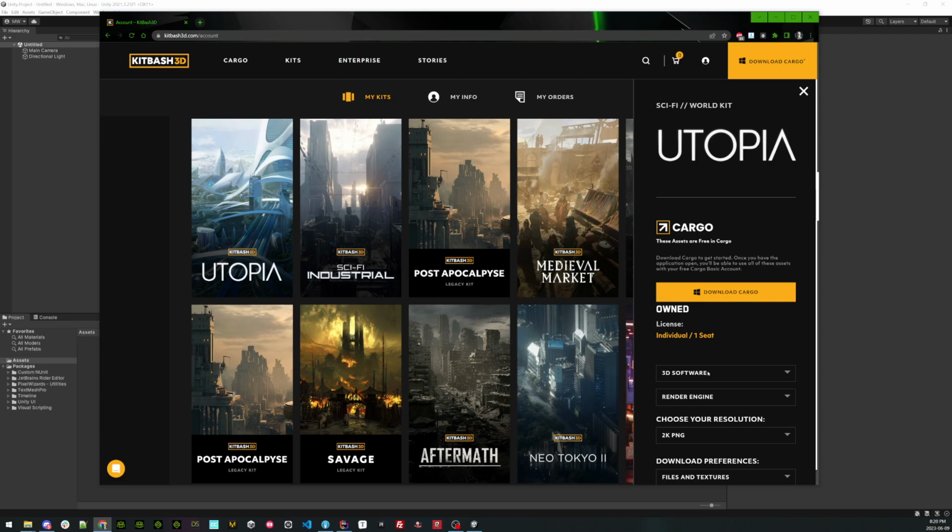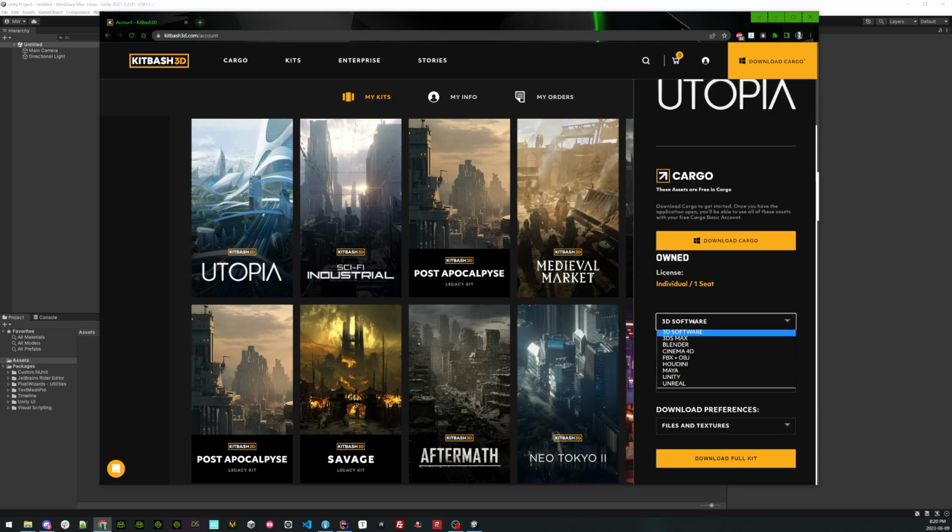So I have Utopia. And this user is using the built-in render pipeline, so I'll just grab Unity, built-in, whether it's 2K, 4K, doesn't matter. Now the only real trick is this download, files and textures or files and textures separately. If you choose files and textures, there's sort of a trick to get Chrome to